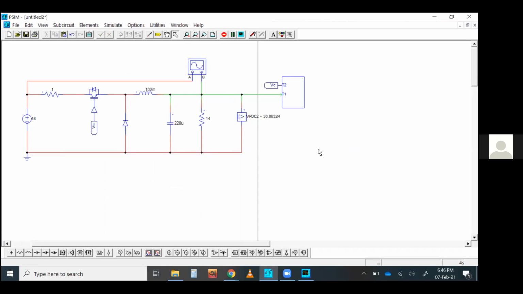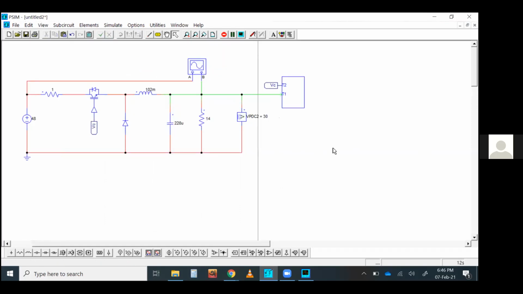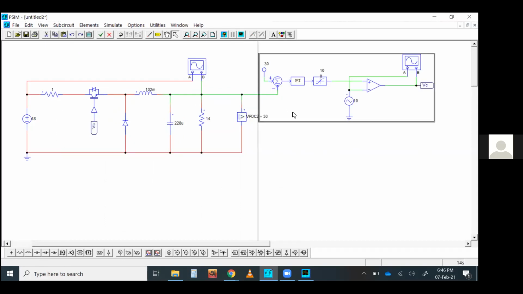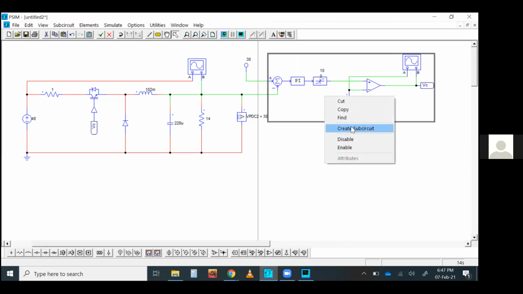Okay, I think one thing we can do, instead of putting the control voltage here, we should put it in the main circuit. So I want to put this control variable outside of this sub-circuit, and now I want to put this portion into the sub-circuit block.